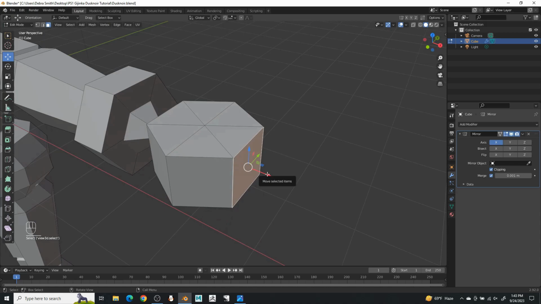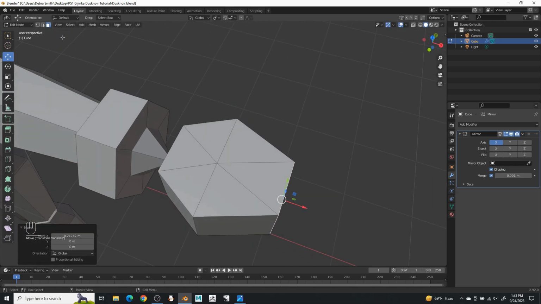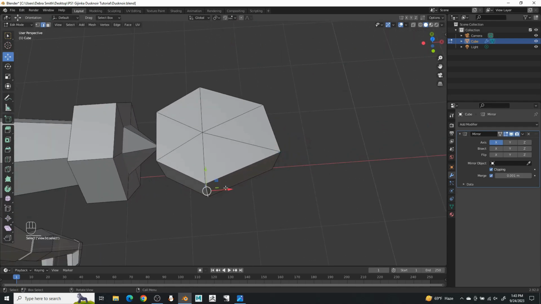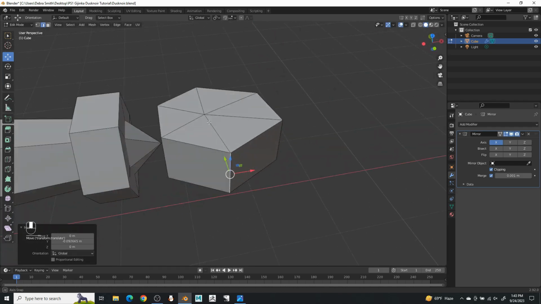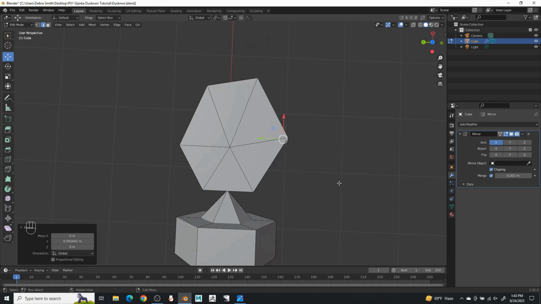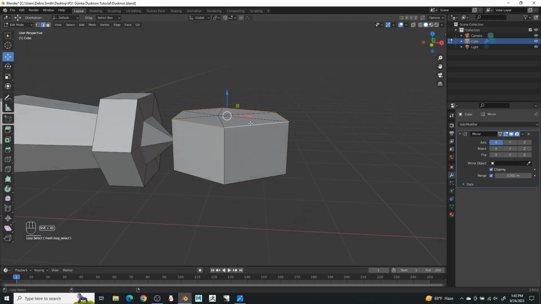Okay, so for making hands, what I usually start out with is I'll grab this front face and pull it slightly forward. Then I'll grab one of these faces and pull it a little bit forward, and then I'll grab this edge and pull that a little bit forward and maybe a little bit outward to sort of make a vague hand shape. Then I'll grab this